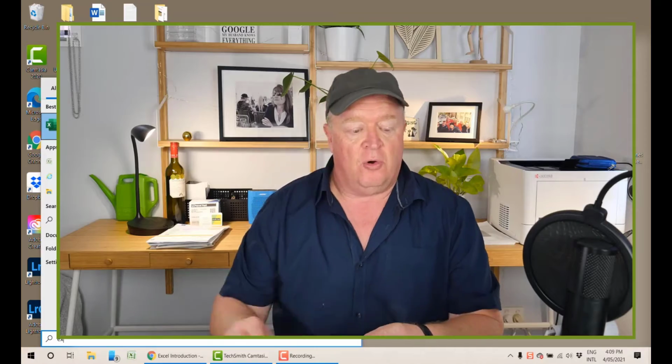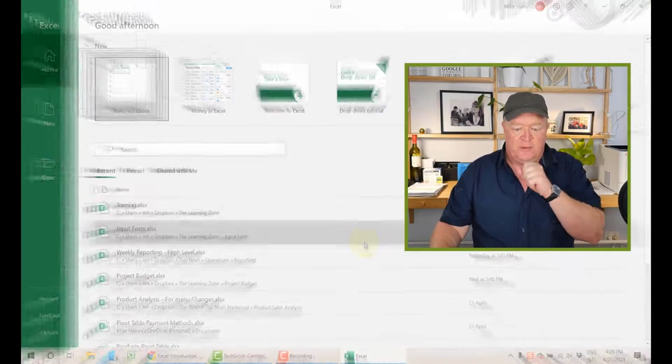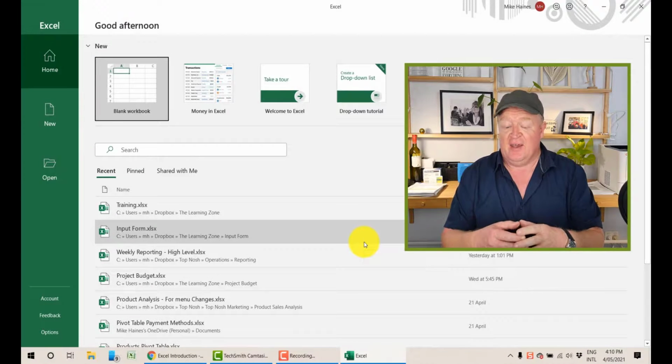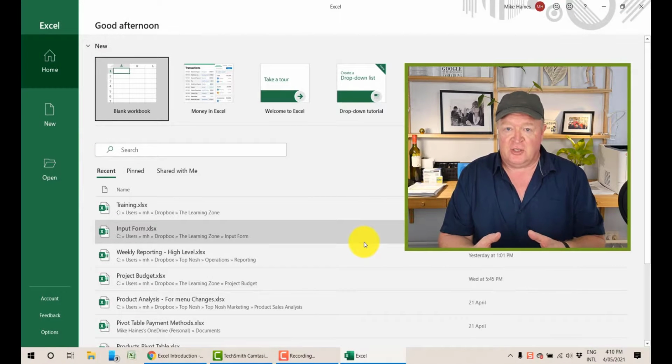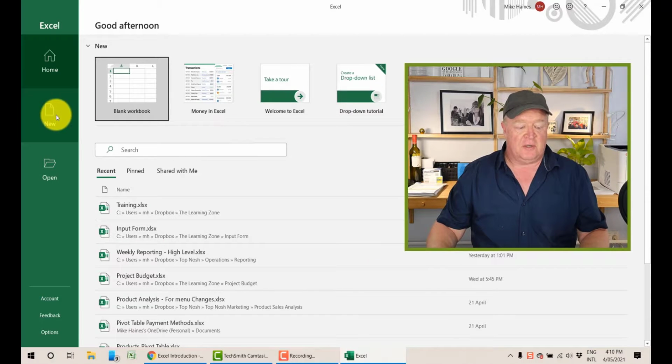So let's get started with Excel then. Now to open it, you can double click on an icon on your desktop, or you can click from the start bar here. The screen that you then get is fairly big. There's all sorts of things that you can do on it. You can open existing files, you can open templates, but what we want to do is to simply go to